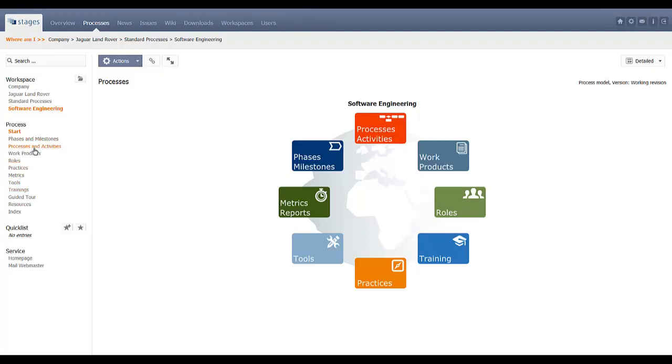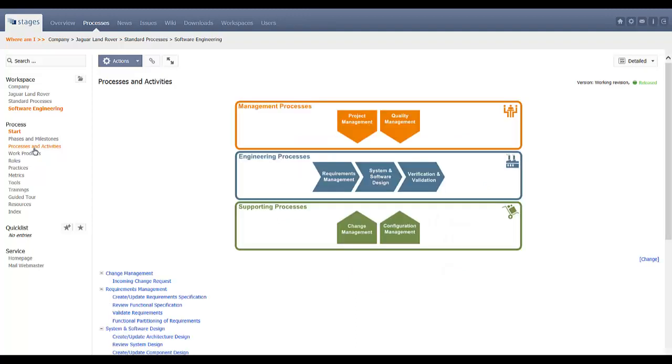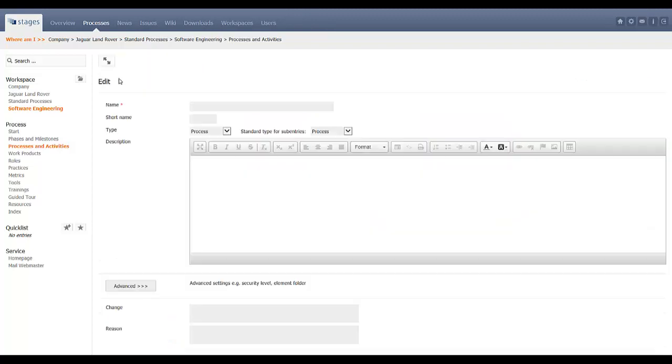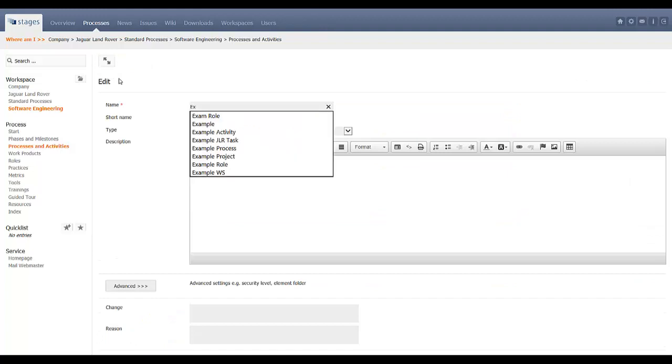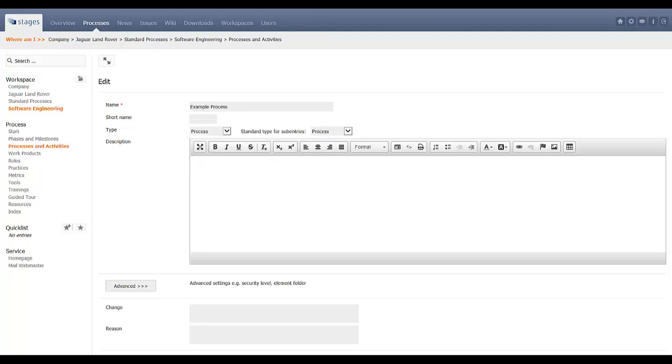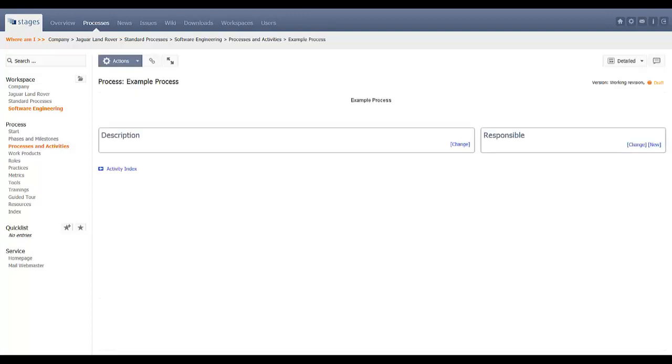If we take a look at our processes and activities, we can start by creating a new action, so creating a new process here, where we can define the name of our example process and save that. And now we have an example process that we can then add activities to,